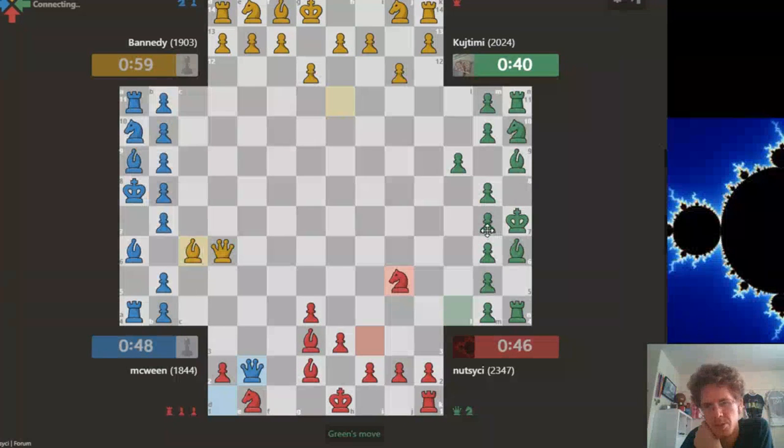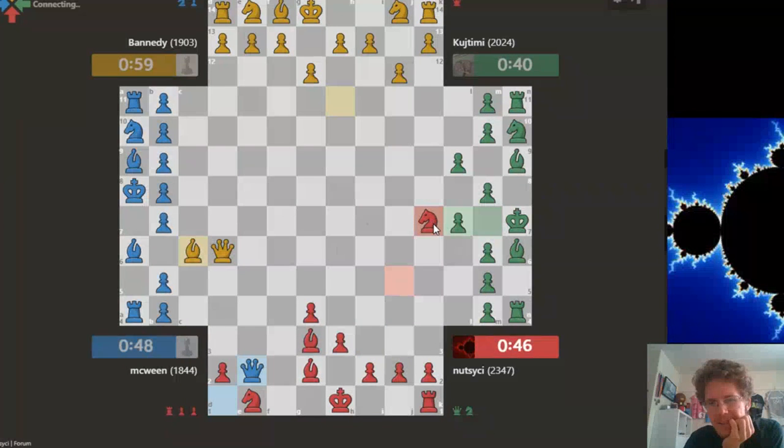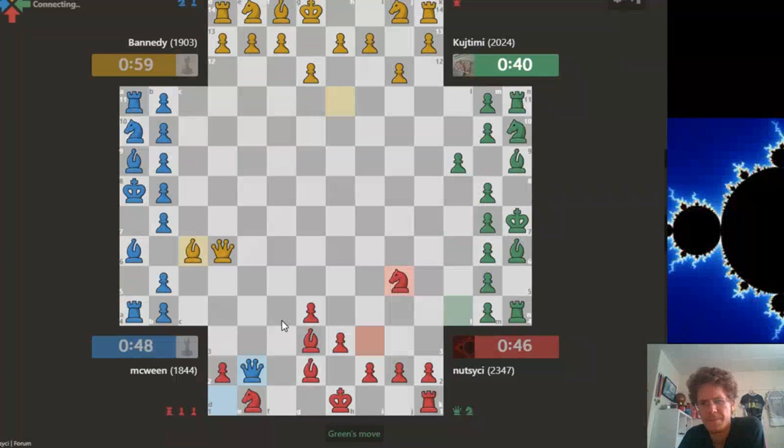This is not so easy. Well, I guess it is. This must be mating. Now you're just mating green instead. So the idea was to set up this check, but it's not really working. Yeah, and if you can't play like that,